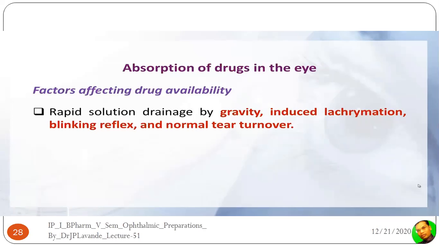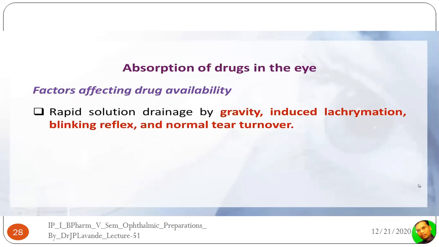We are not able to keep our eyes open for more than a few seconds, right? So we have to close the eyelids, and during the process of closing the eyelid, the dosage form, the eye solution, the eye drop, or the material which is introduced will get washed out. Also, anatomically, we are standing in an upright position, so there is gravity,